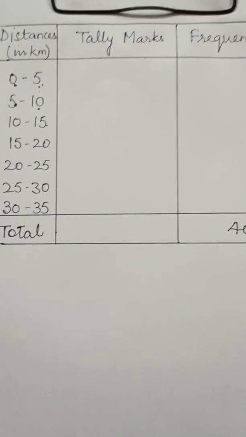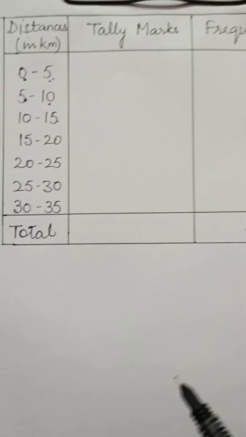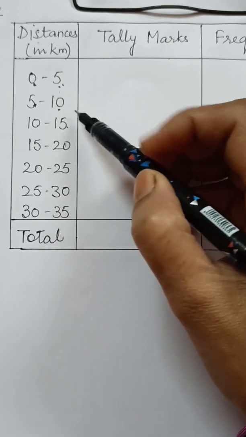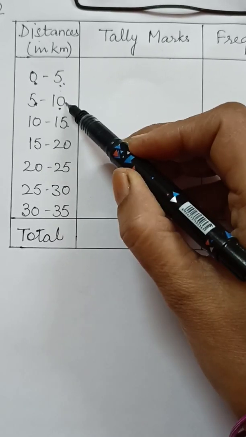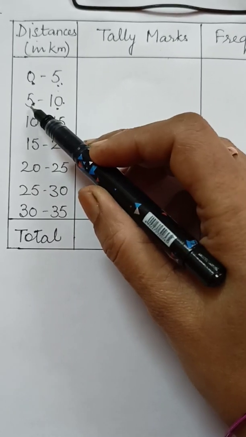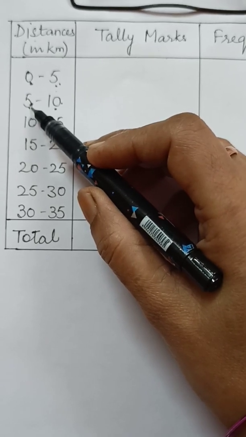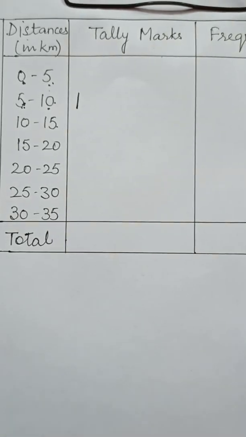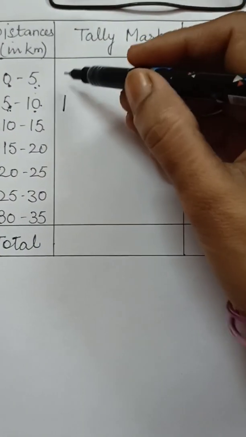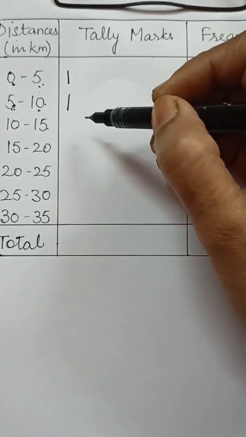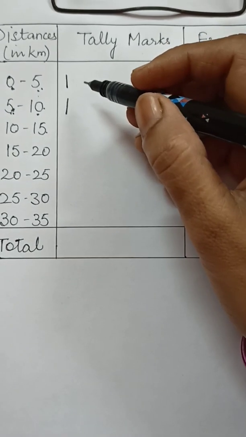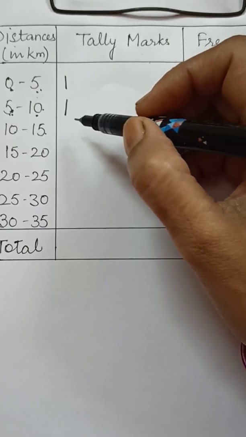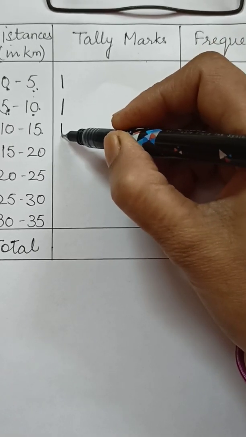Now we are putting here tally marks. Your first distance is given 5. So 5 is here and here. But we will take 5 because the lower limit is counted in this class. So we are taking 5 to 10 as 5 tally marks. The second distance is 3. We are taking it between 0 to 5. The third distance is 10. I am taking the distances horizontally. The third distance is 10. It is in the third class.